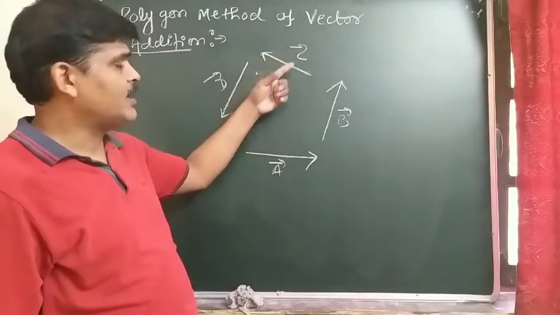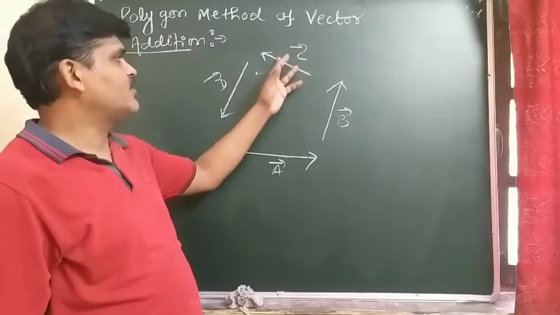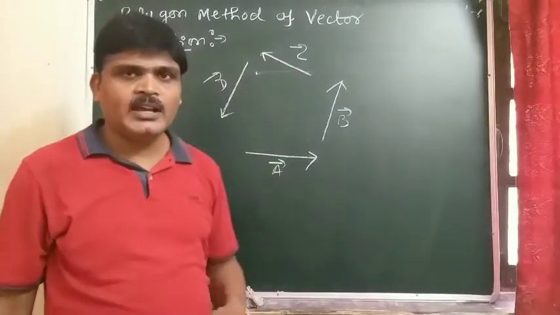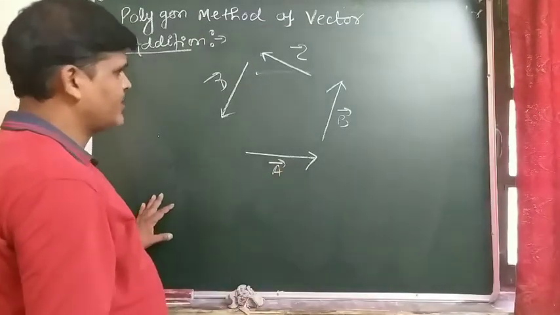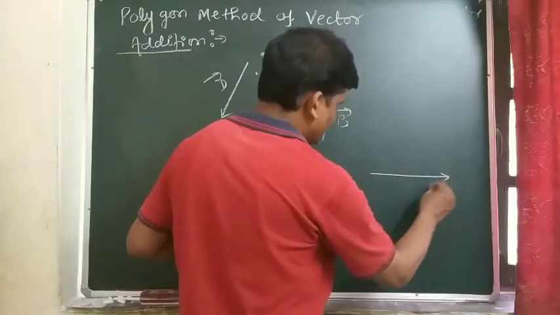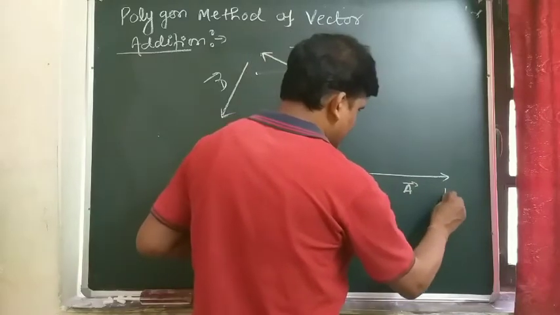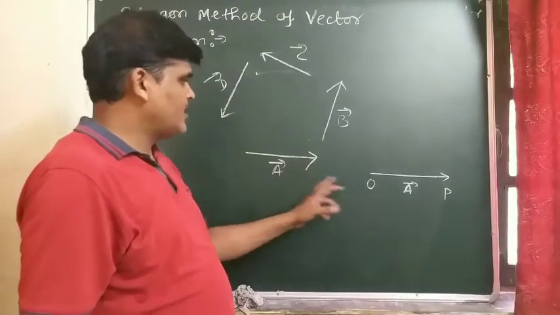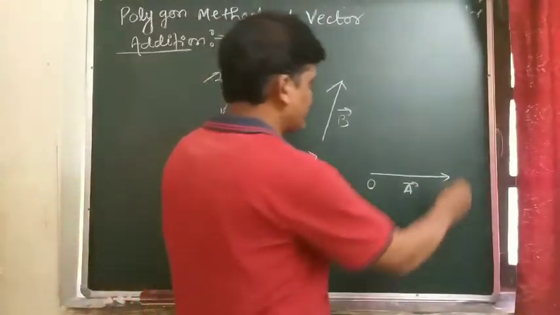So the resultant of a given vector and another vector, again resultant, then again resultant, and finally we add it. So first we draw a vector A in the same direction as it is given, and this vector A is represented by the side, that is the OP vector, and the head of vector A is joined with the tail of vector B